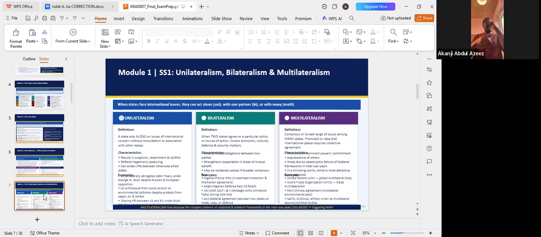In the past questions, there are questions that ask you to define these concepts. They are going to list the concepts, and you should be able to define and say something on all of them. So that's why we need to know. That's module 1, which is just about the concepts and their definitions. The next thing we want to look at is unilateralism, bilateralism, and multilateralism. When we say unilateralism, this is when a state makes